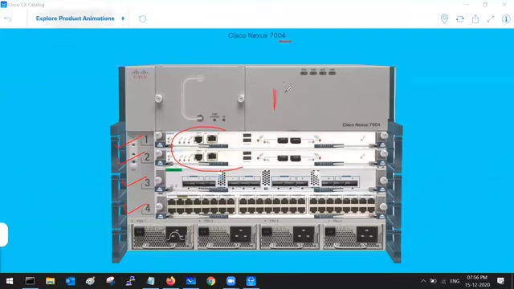Because Nexus 7000 is a modular switch, when I say modular switch, we have got multiple slots, and in each slot, we will be inserting a particular module. So what are the different types of modules that we have on Nexus 7004? That's the next question. So can anyone tell me the different models we have